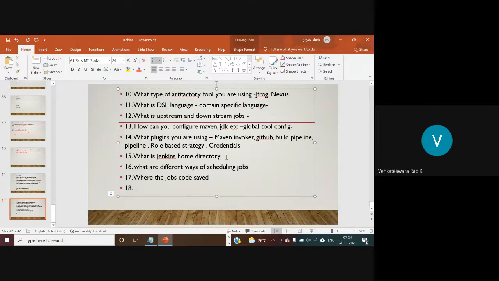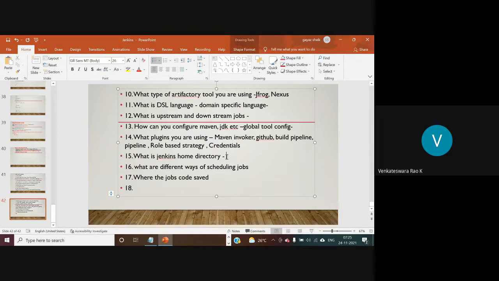Then one of the questions you will get is, what is the Jenkins home directory? We have seen this many times. Whenever we create a new project, we get a new folder in the Jenkins home directory. So what is the path?